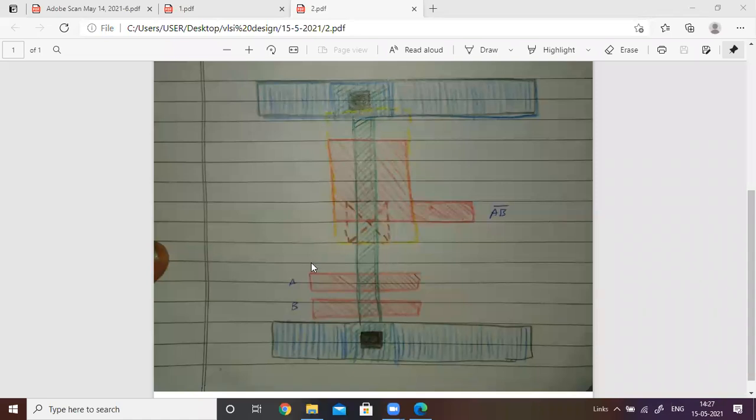In the previous case we assumed 3 lambda. We have taken only 3 lambda width of the metal 1, but here I am taking 4 lambda width. You can increase, but you cannot decrease the width of the metal 1 layer to less than 3 lambda. You can increase. So I am increasing here, up to 4 lambda width. Okay. So this is the metal 1 layer, the VDD line. Another one is here, VDD line 4 lambda width.